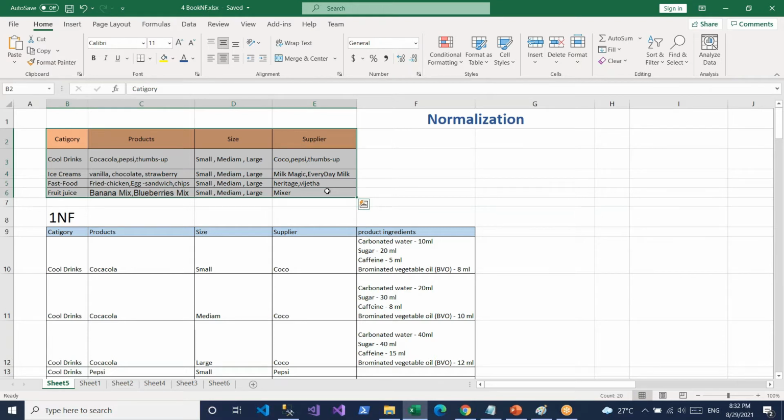In the 4 categories, I took specific products: Coca-Cola, Pepsi, vanilla, strawberry, and different things. I chose sizes: medium, large, extra large, and took the suppliers who supply those products. This is the raw information.